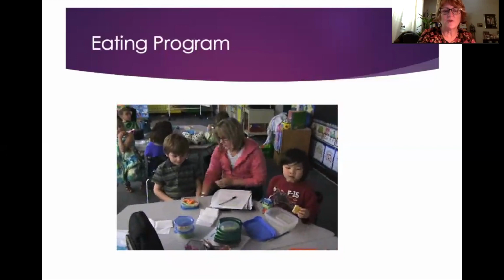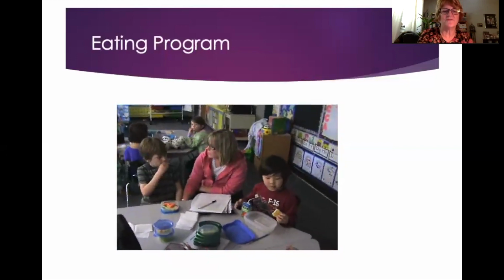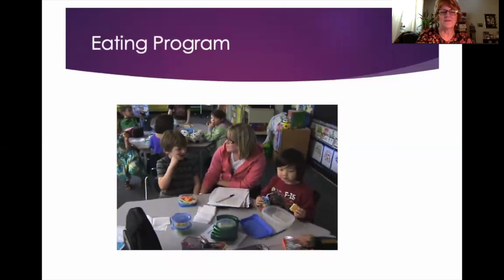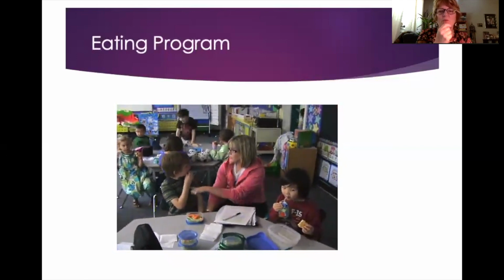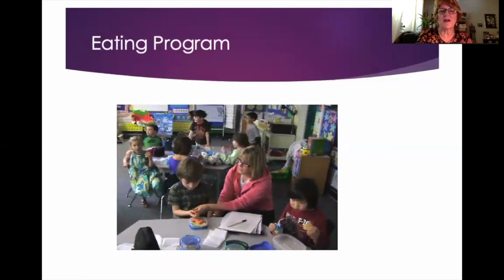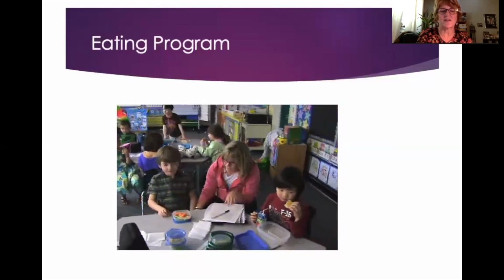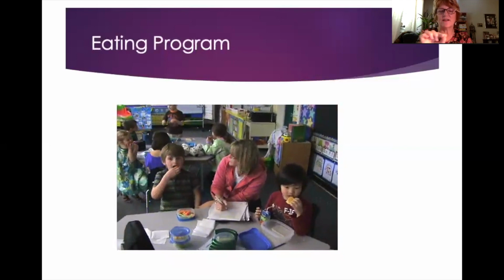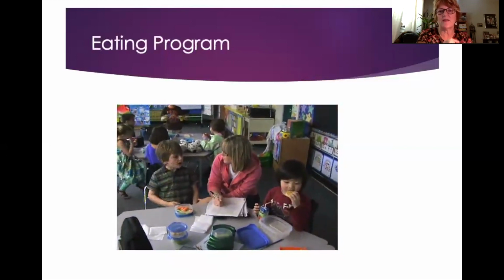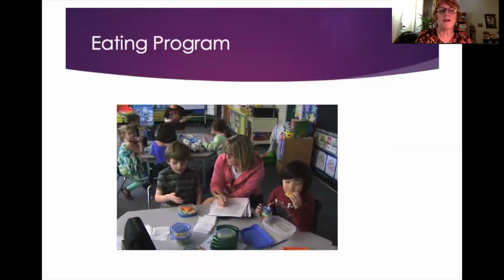She's reminding him, takes one bite. So far, so good. And now he starts taking a whole bunch of bites and starts shoving it into his mouth, and she has caught this and is stopping him from doing it. Now she's writing down a negative sign that he didn't do the behavior properly. He took too many bites all at once.